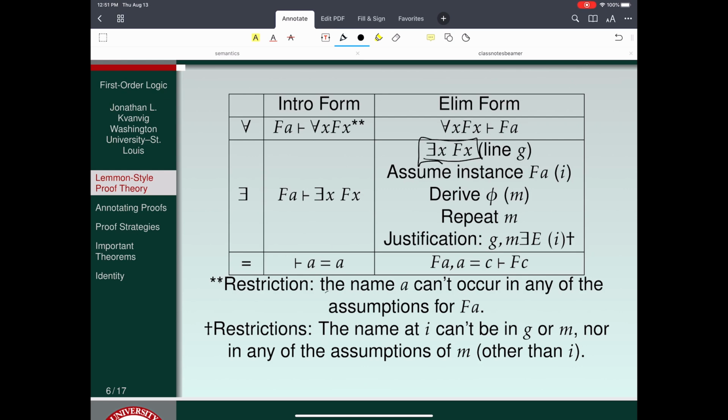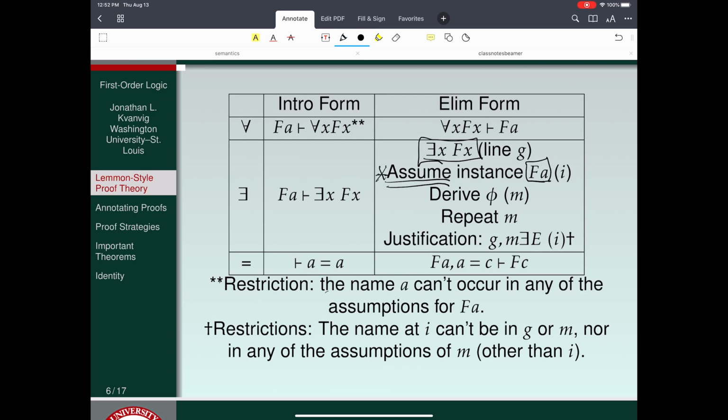We're not going to be allowed to do that. Here's what we're going to do instead. We're just going to assume that some particular object makes the universally quantified sentence true. It will be an assumption line. So if you have EXFX,